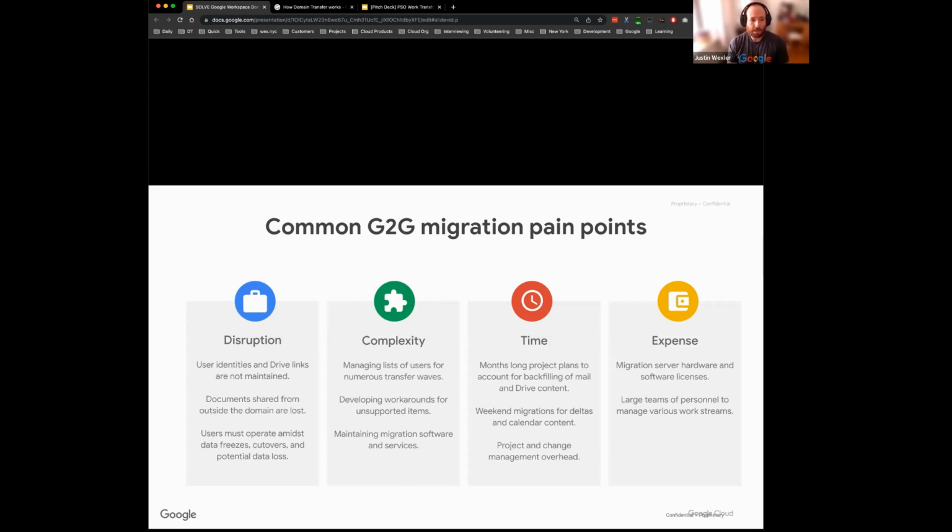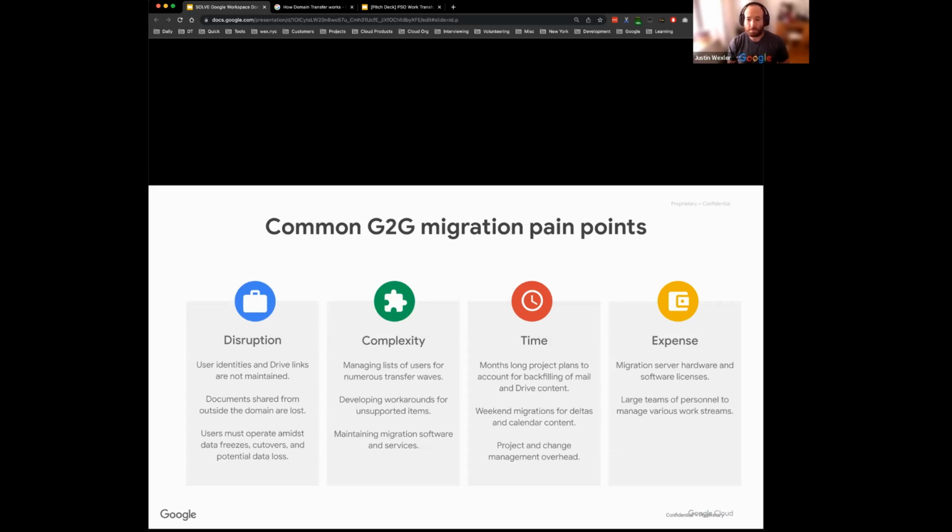And then the last one is it's expensive, right? Some of the tools on the market, for example, Google has Google Workspace Migrate. It's free to use, right? As long as you're on an accepted SKU, but you have to deploy the infrastructure for that, right? So you're maintaining server hardware, or if you're going with a third-party provider, you might be paying a license for what's happening there, right? So including the time into that scenario, it becomes a very costly and expensive process,